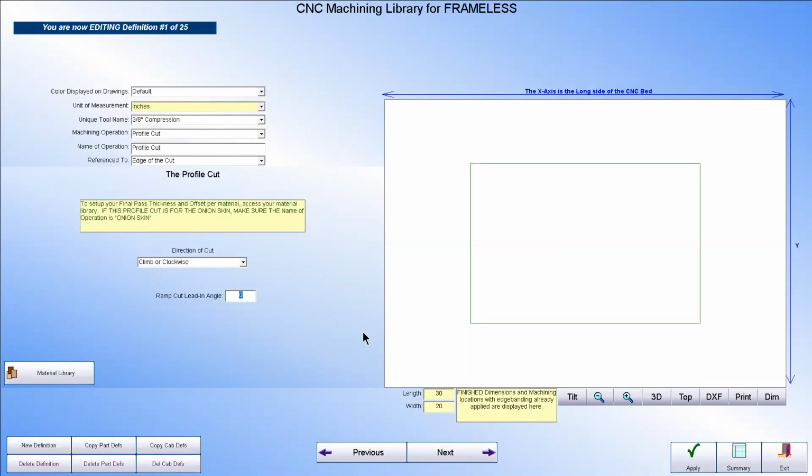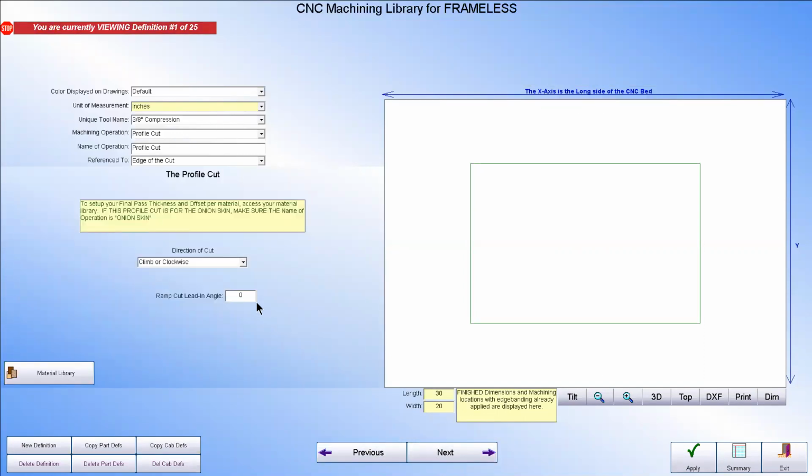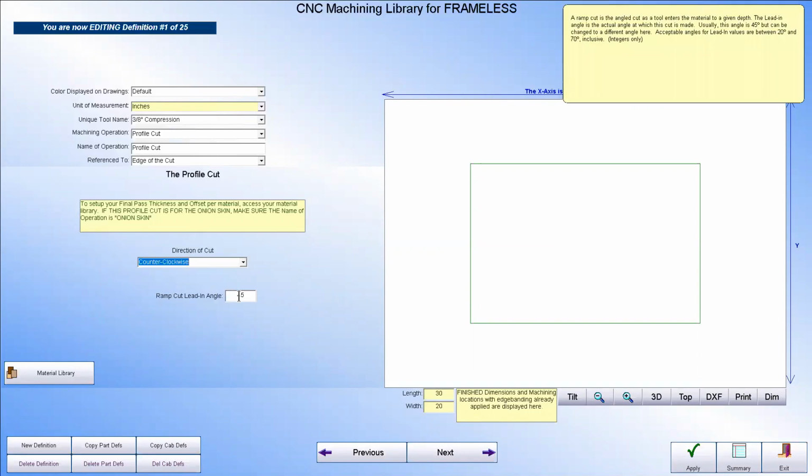So if we put 45 degrees in and save that, it will now either climb or go in a clockwise direction or a counterclockwise direction at an angle of 45